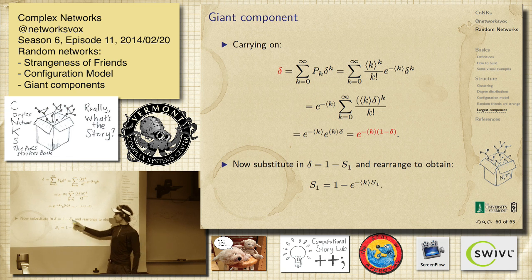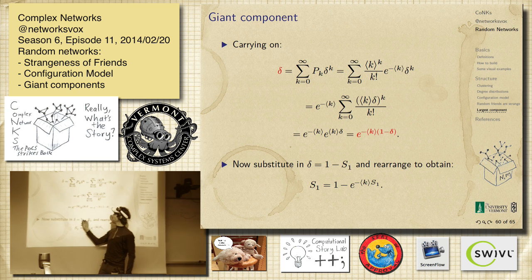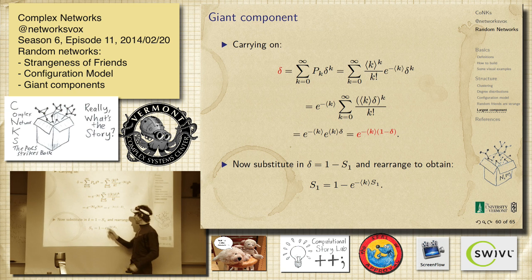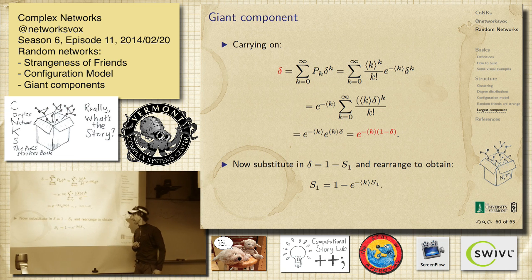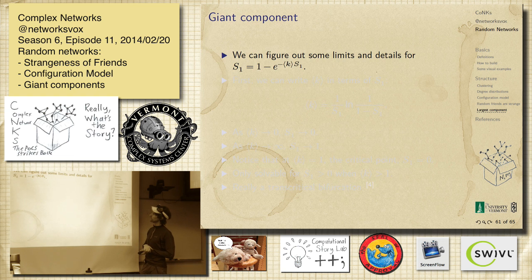We're going to flip things around. We had delta is 1 minus S1, where S1 is the fraction of nodes that are in the giant component. So we put that here and flip everything around. The S1 will come over to this side, and the 1 can go to the other side, so they're the same sign, and then we get a negative in front of this. Because it was 1 minus delta, it's just S1. We'll have to solve it computationally. That's correct, actually.